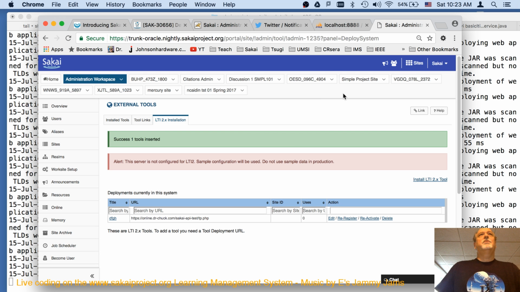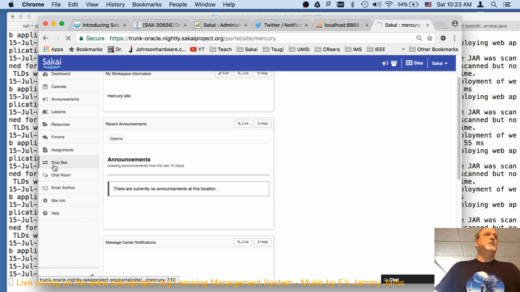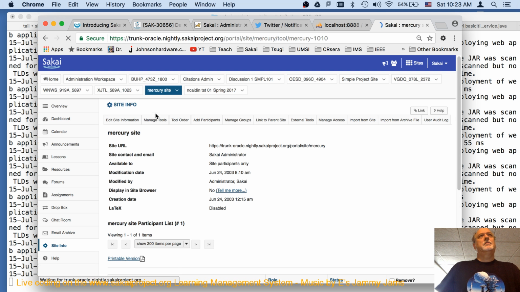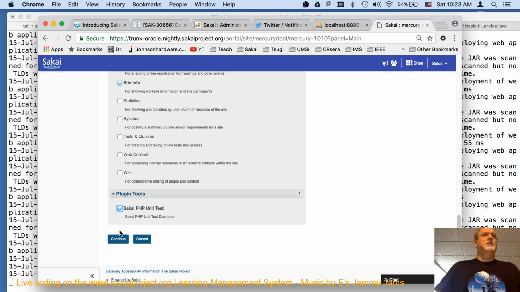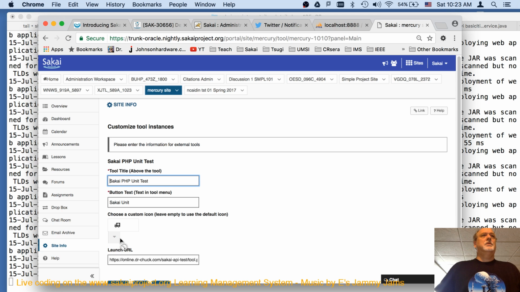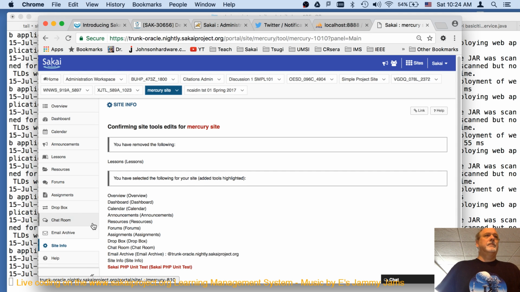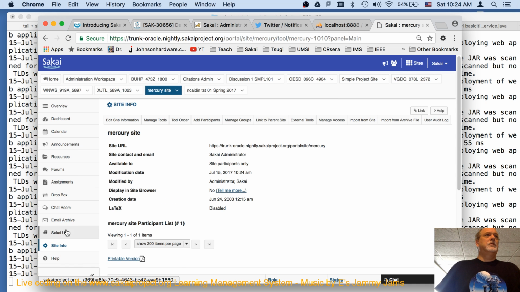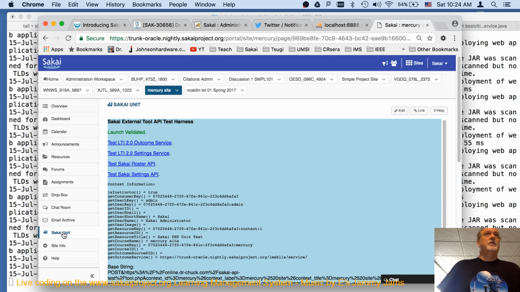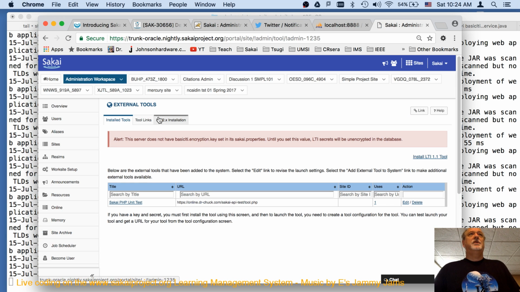So now put this in the private site. Finish. Sky unit. So that's there. Now, this trunk doesn't have this feature yet.